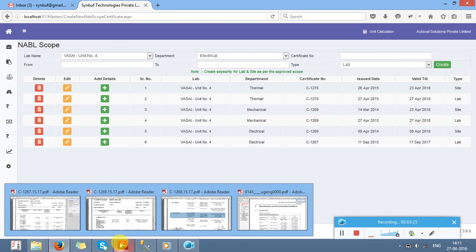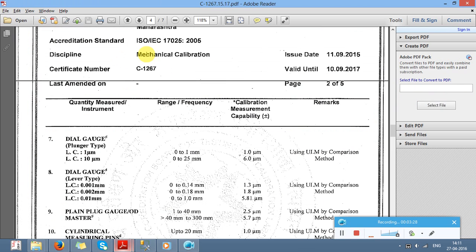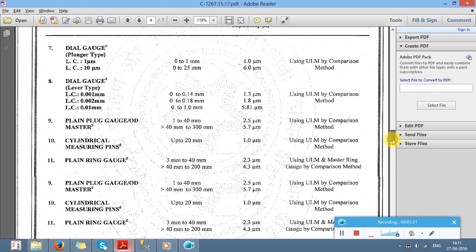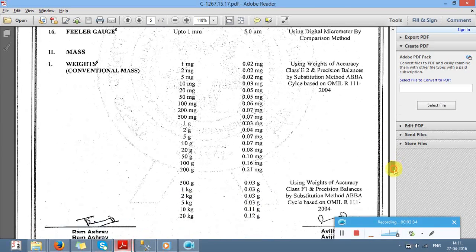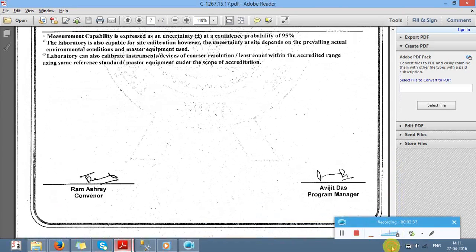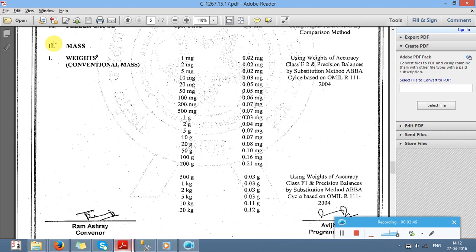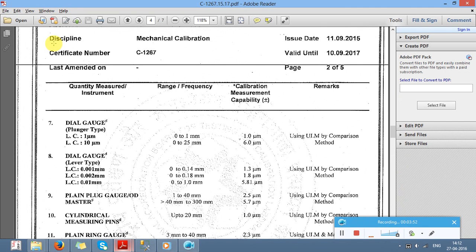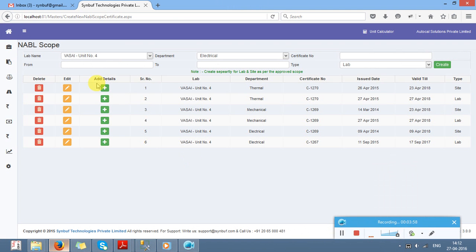Now I have some uncertainties for every department, like see the mechanical. This hash means, for example, at the bottom of this scope we have given some notes. In that, hash is indicated for the lab, and this is indicated for the site. So what I will do, I will go upstairs, one more. See, this is a dial gauge, right? Now what I will do, I will go here for the mechanical lab,